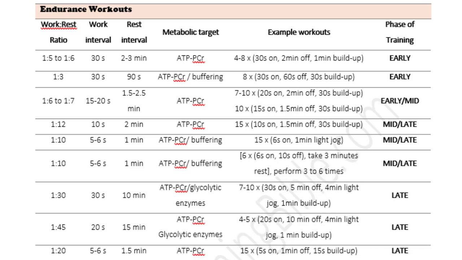You should be slotting in endurance workouts in your fight plan from the top of this table moving to the bottom, and again, you can use the phase of training guidance on the right side of the table to help you do this. You can see that you're moving essentially from 30-second intervals at the beginning of the fight camp down to really short intervals in the 5 to 6 second range by its end.